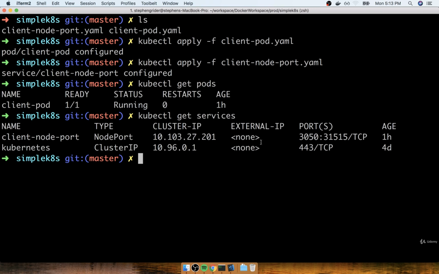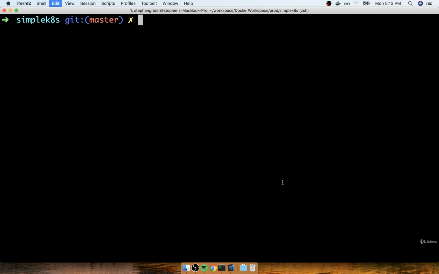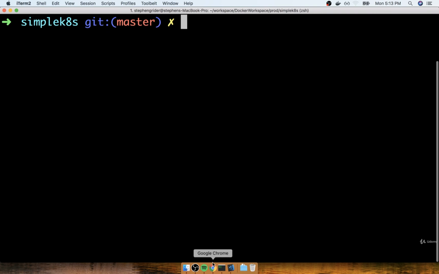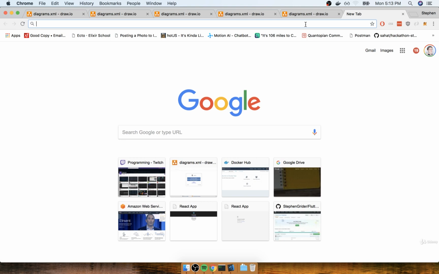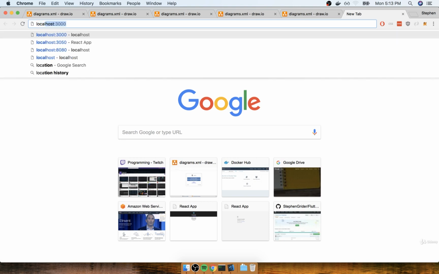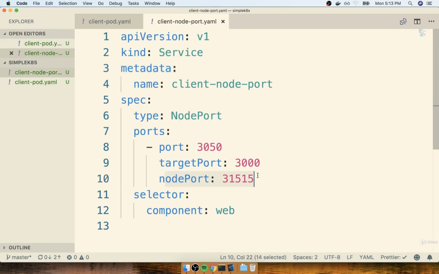We have now deployed both of these objects, and they are now running on our local cluster. So now the very last thing we have to do is attempt to access our running multi-client project inside of our browser. Now, based on my wording right now, as you might guess, this is not the way we do it. You might expect that we would go to localhost: and then whatever we put in as the node port over here,